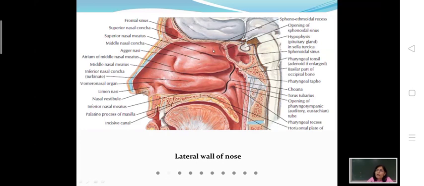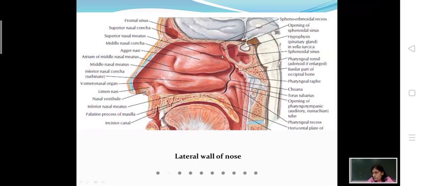Sometimes a small concha above the superior nasal concha can be seen, which is called concha suprema. Concha suprema is not always present. At your level, you can simply say that there are three nasal conchae, superior and middle, which are part of the labyrinth of ethmoid, and inferior nasal concha, which is an independent bone. And below and lateral to the concha, the corresponding meatus is present. So there will be three meatuses: superior meatus, middle meatus and inferior meatus.